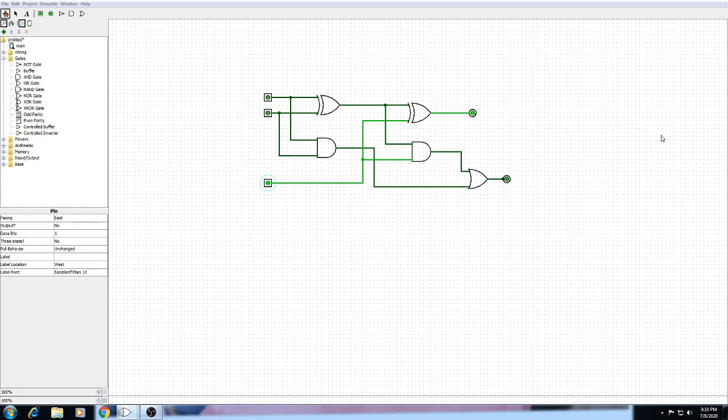Now we check for the Y. For this we have to take the input A as 0, and B and C as 1, 1. So I just click over here. You will get the carry out as 1 and sum as 0. So this is how we can implement the full adder in our Logisim software.